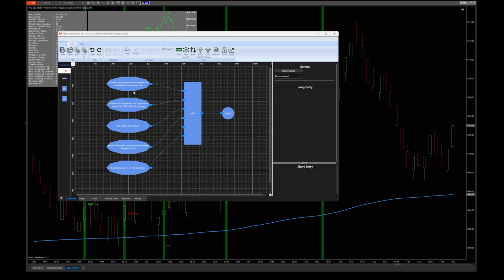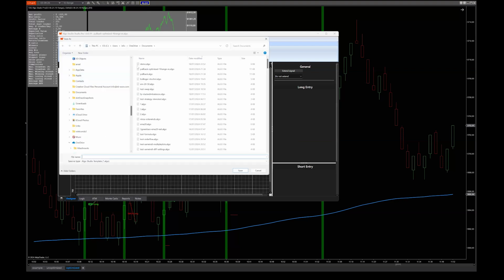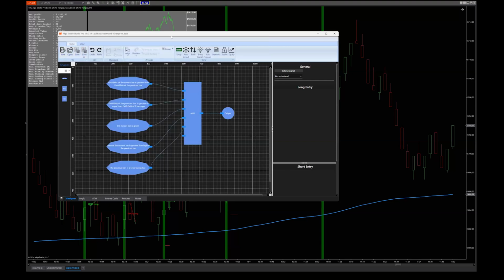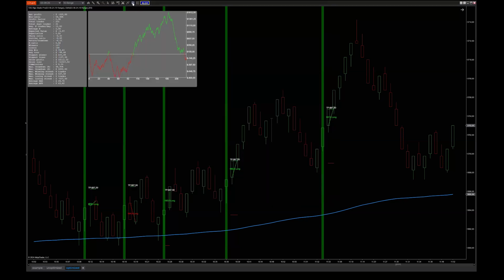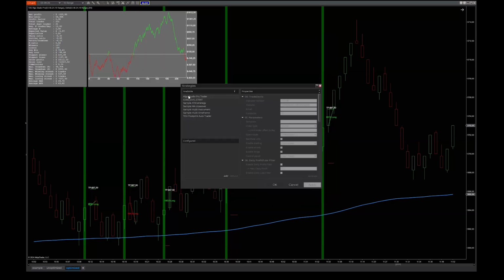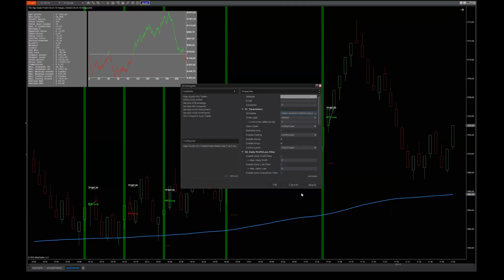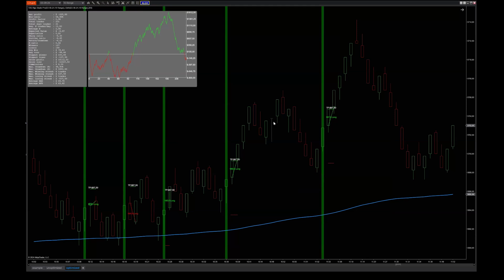So you create your algo, you save it as an algo file to disk. You can see I have a couple here. Then you can load them, or you can open the strategy, which I have here, and just load your algo in there and start your strategy and start trading. So there is no C# code involved.